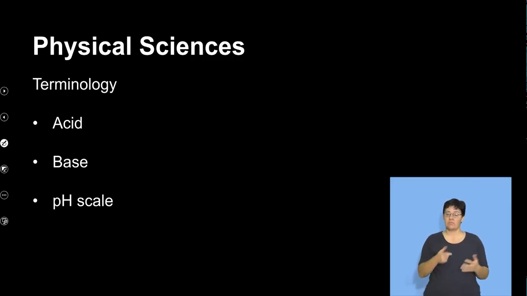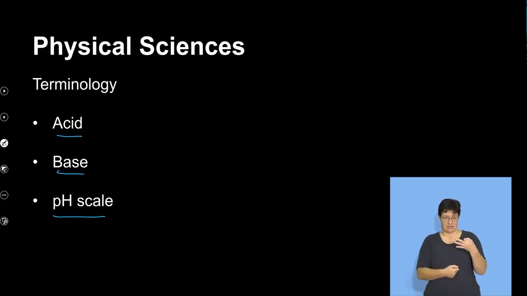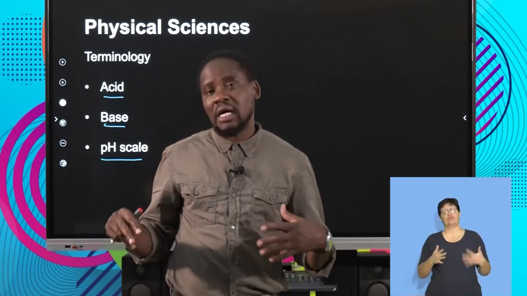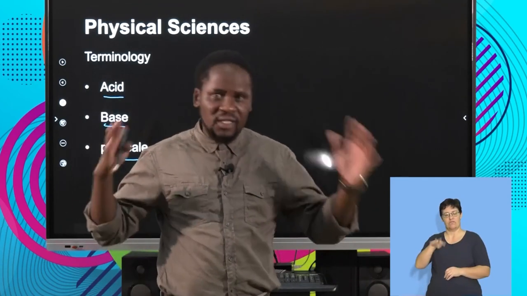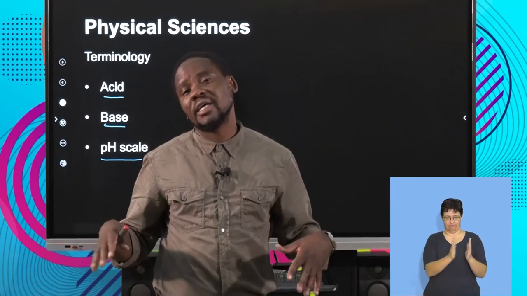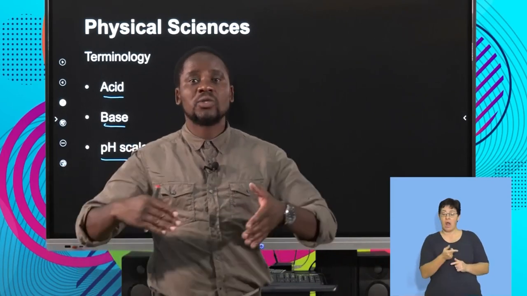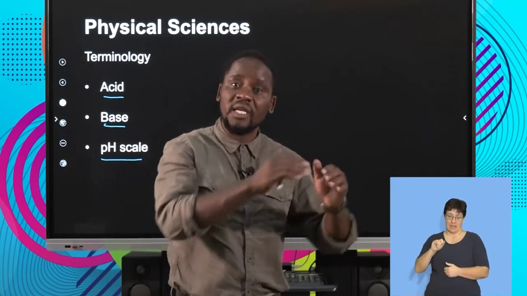So the terminology that we shall be using quite a lot in today's discussion: acid is a key term in terms of classification. We shall also talk about base or bases, in the plural, as well as the pH scale. Now, if we talk of the pH scale, it's something that's not entirely new to us. We have interacted with the pH scale earlier, where the values start from 0 to 14, and there's everything in between. And then we shall also try to identify some of the common household substances, so that what we learn in chemistry, we also relate to what happens every day around us.